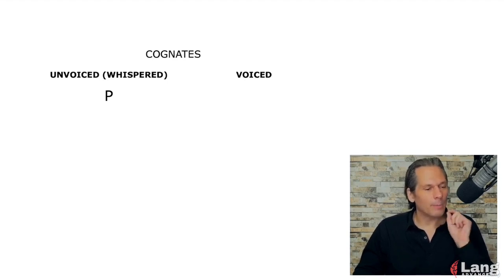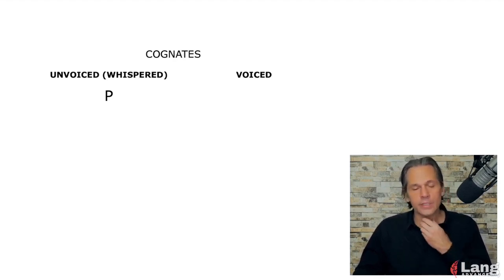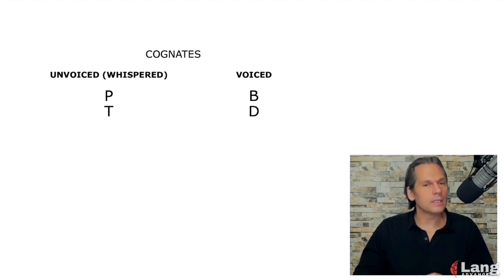My lips together, I blow a little bit of air out, and I create the sound P. If I add my voice and think of the vibrations directly on the lips and create otherwise the same sound, but with my voice, I get the sound B. The tip of the tongue going to the gum ridge, air releasing, T. The exact same sound using my voice, D. The back of the tongue going up to the palate, air releases, a plosive sound like the other four so far, the sound K. If I add my voice to the exact same sound, I get the sixth and final plosive sound, G.